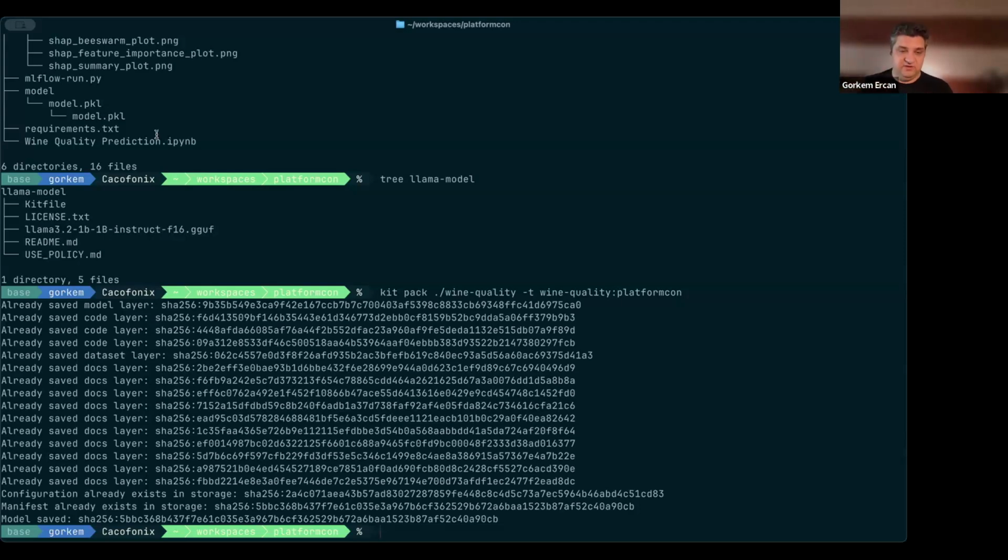Although this particular example is not very large, as you can imagine, there are very large models and very large data sets out there where you really do not want to replicate the data and want to be careful with it.